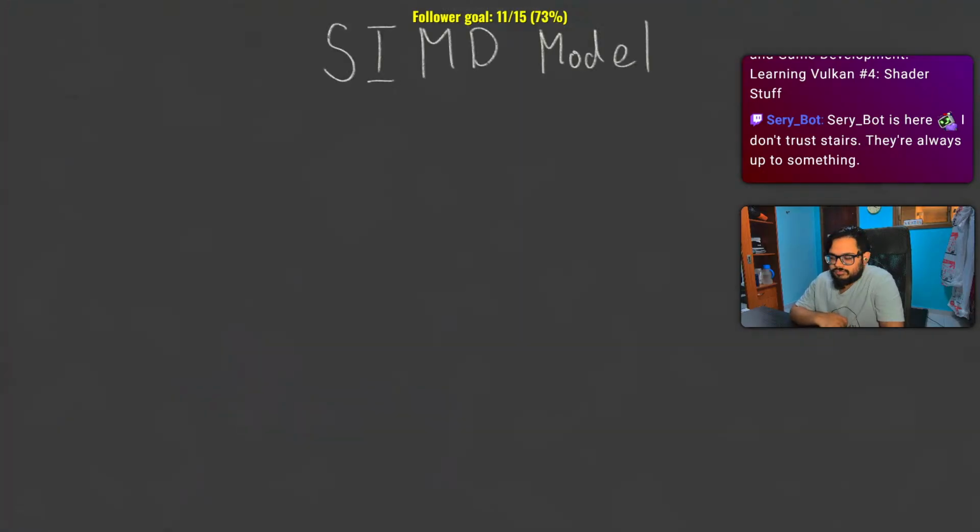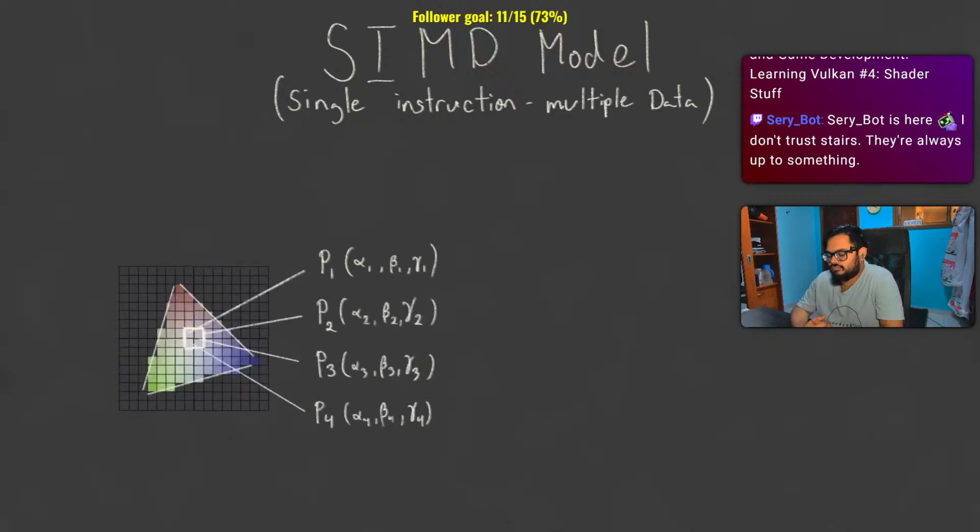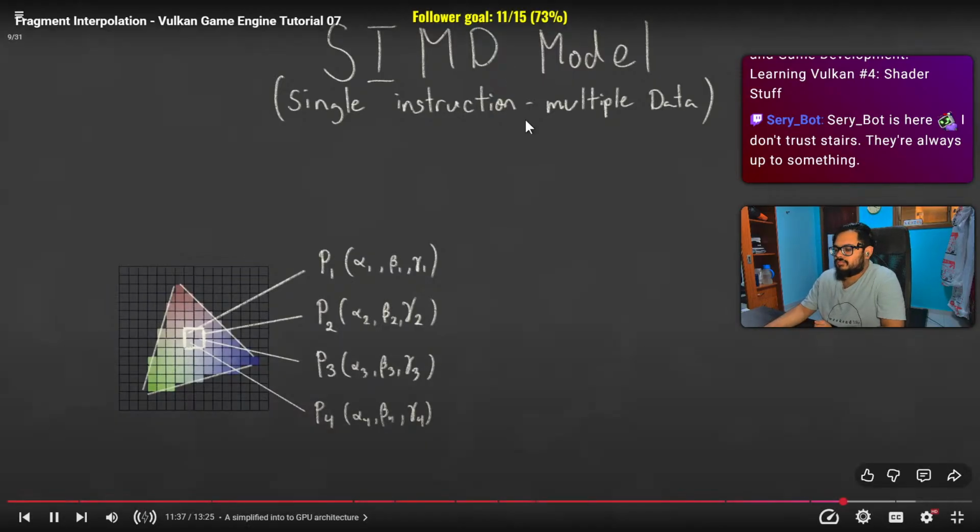GPUs use what is called an SIMD model, single instruction, multiple data. What this means is that it is able to execute the same instruction on multiple different input values, but all at the same time rather than sequentially. So for example, imagine it takes a group of fragments. The size of this group is dependent on your specific hardware. Each fragment has a different input of barycentric coordinates. The device can